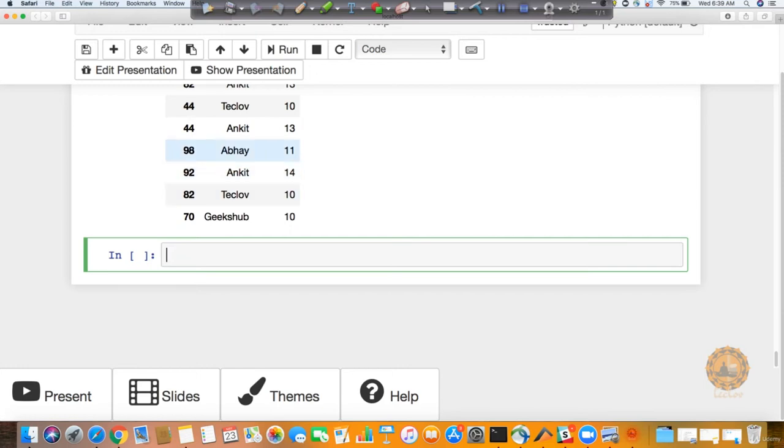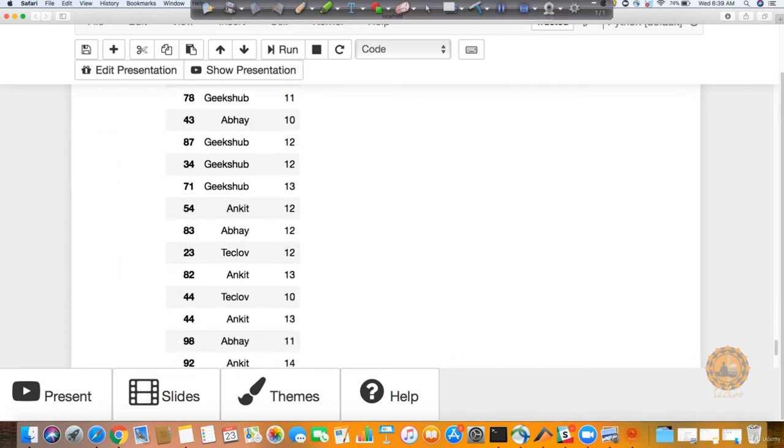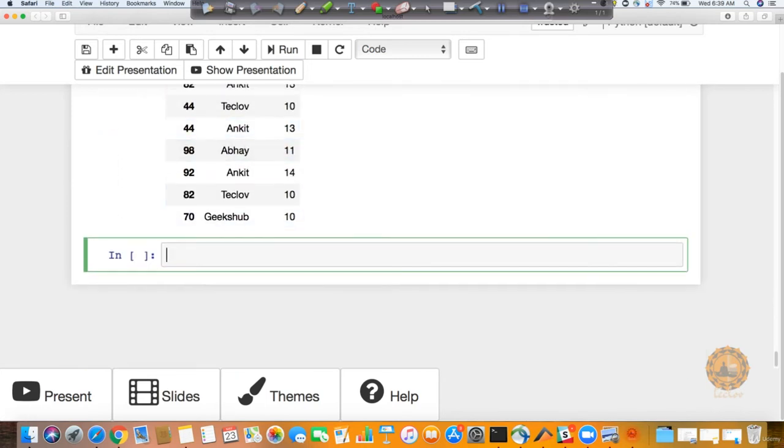Now with respect to this index, I want to sort it and see the values, because currently if you look at it, it's in random order. First 39 is coming, then 84 is coming. But now I want to get it in descending order. So how can we do it? There's again a function for you, df.sort_index, and I can pass, let's say, axis equal to 0, ascending equal to false.